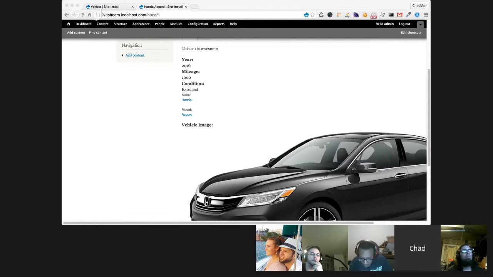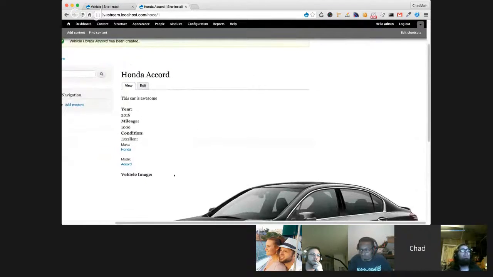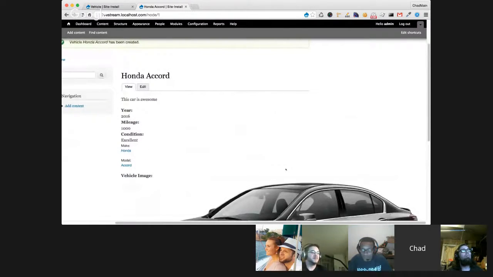So if you can see my page here, this image is huge. But now we've got actual content on our site. We could make as many cars as we want and all that good stuff. So the next thing that makes Drupal powerful is what's called view modes. View modes are a way to display content.